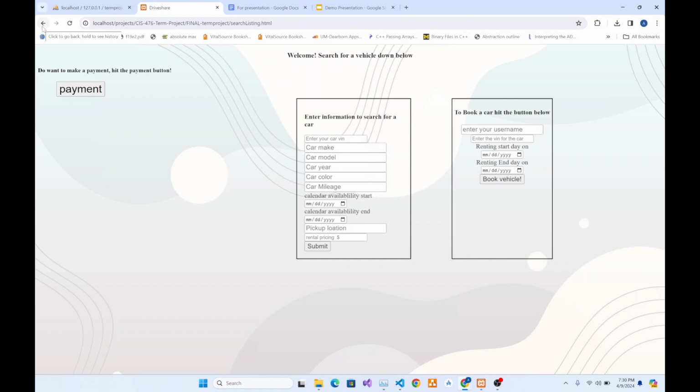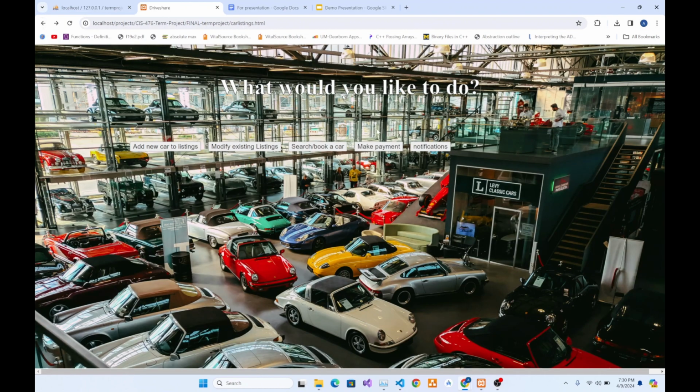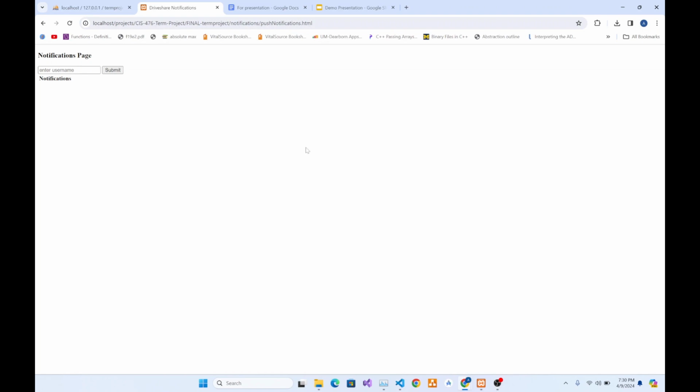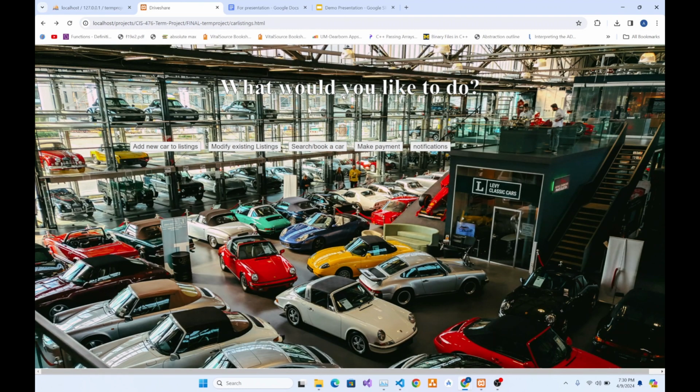Let's go back here. And then let's confirm modifications. Enter the username, KJ. And as you can see, this car has been booked for us. So we did search, book a car,